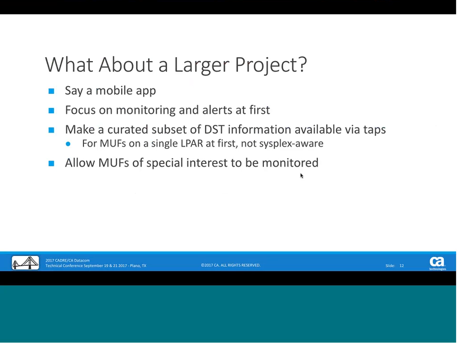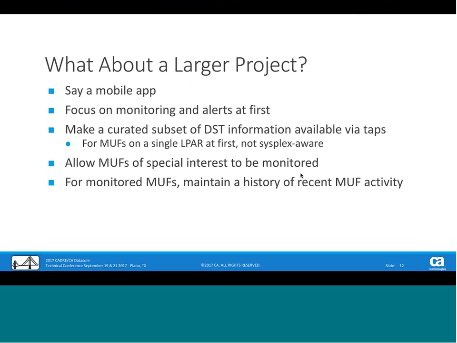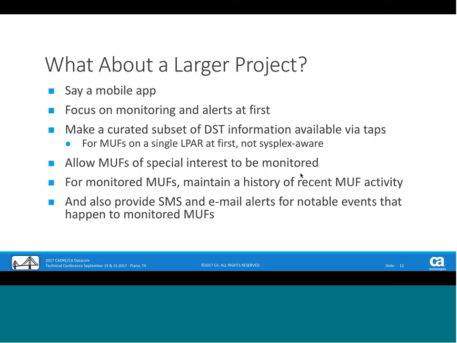You'd be able to monitor special MUFs that you are interested in. When monitoring these MUFs, you'd be able to see recent history and get a text or email alert for when